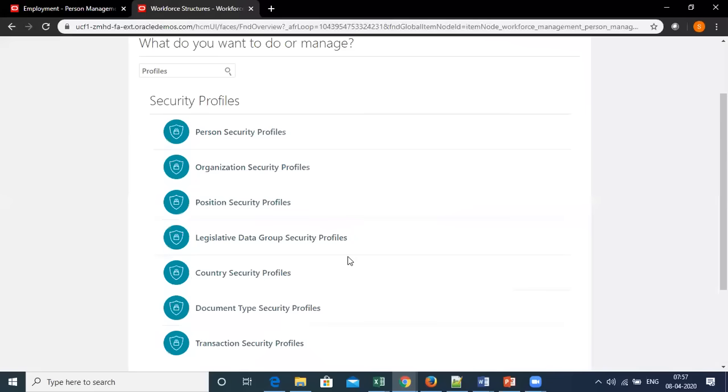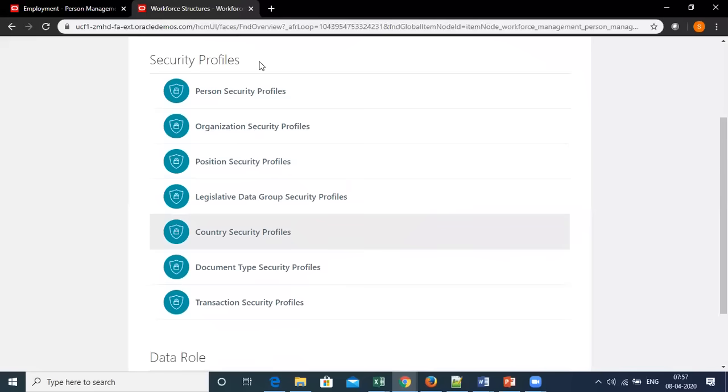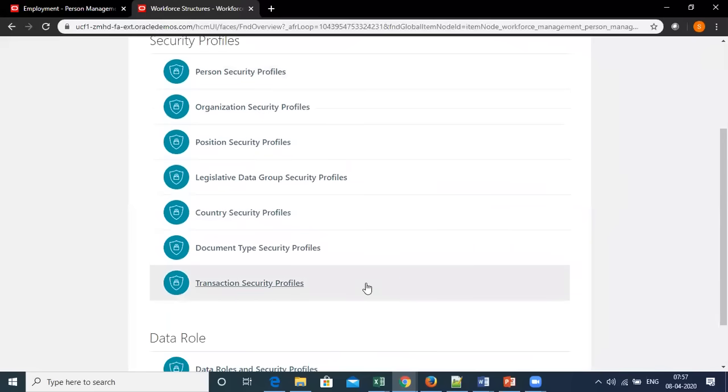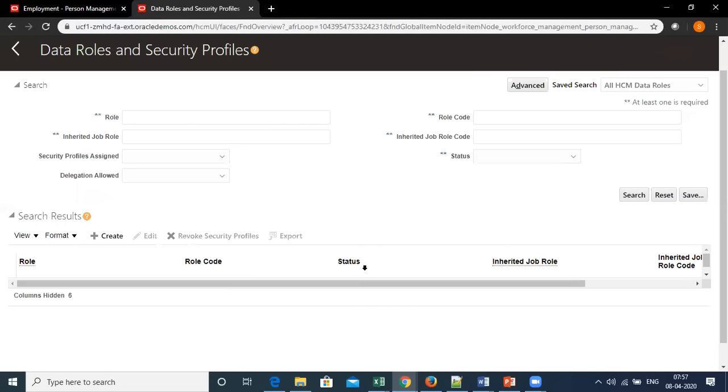So there are various profiles available. Before going to all these profiles in detail, how do we actually link this profile with our job roles? That is how the creation of a data role takes place. I will go through that quickly.